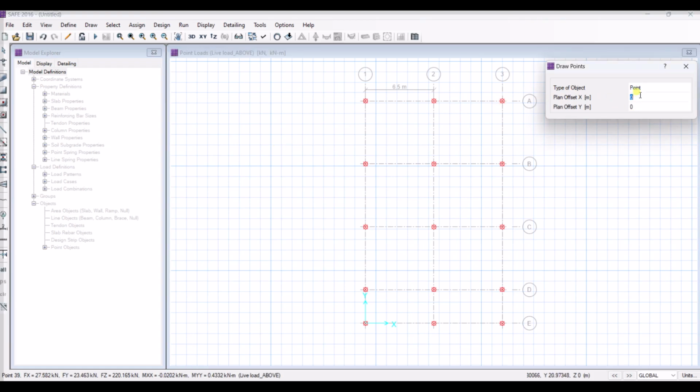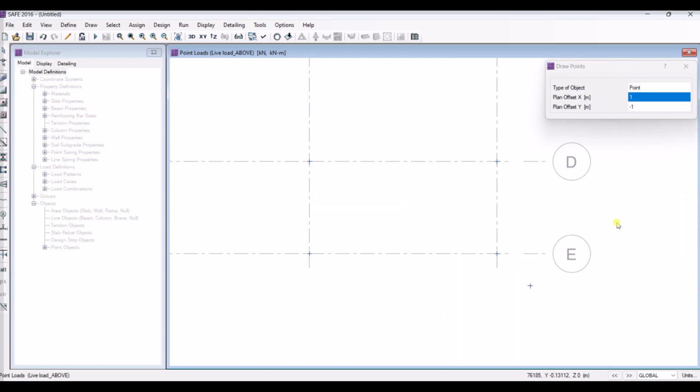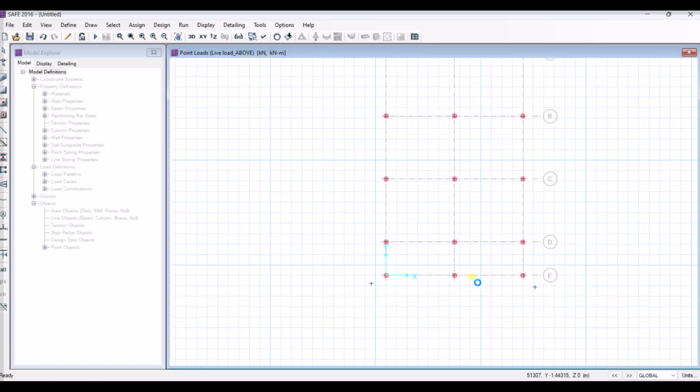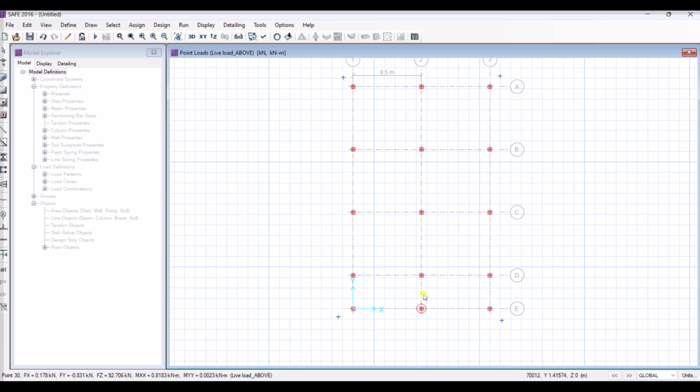I just go draw points. I will choose 1 meter, 1 meter. I will click here 1 meter right and 1 meter left. Both are positives, so it lies in one coordinate. Make one negative x and it will project left side, and make both negative, it will be left side. Make one negative, one positive, make it positive here. So these are our four points we have drawn,